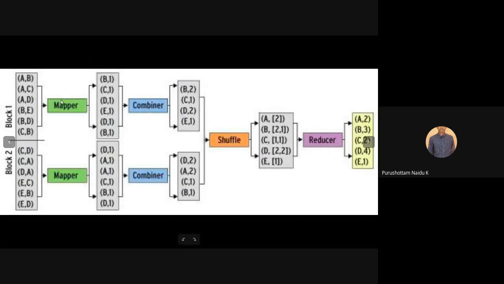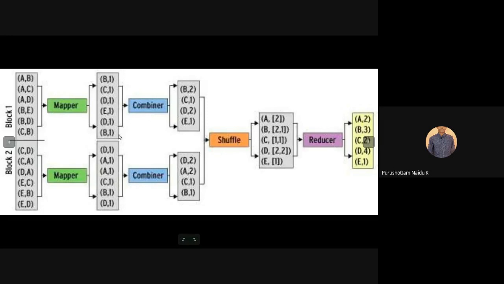This is the mapper, this is the shuffle, and this is the reducer. I'm not discussing shuffling and sorting in detail because shuffling and sorting is automatically done by Hadoop itself. Mainly we write the logic for the mapper and reducer. That's why the combiner is maintained in between the mapper and reducer only.